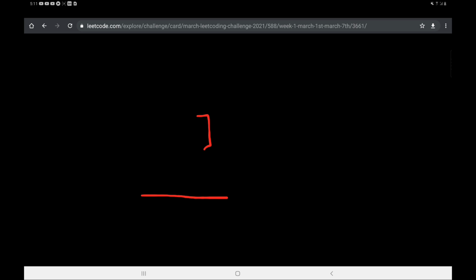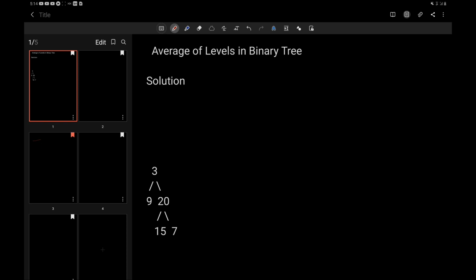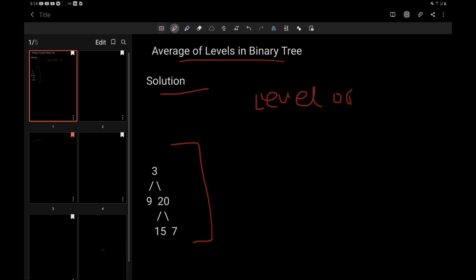Alright, so let's see how we can solve this question. So this is the question, and suppose this is our binary tree that is given to us. First of all, as we have to sum the nodes at every level, we will go with level order traversal of the binary tree, and we will do it with the help of a queue data structure. We will modify this code only, and with minor modifications we will get our answer and get our sum value.